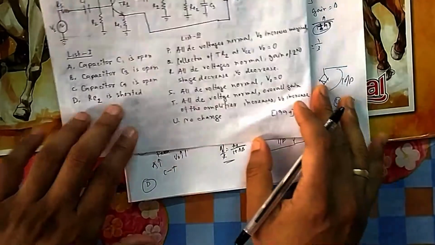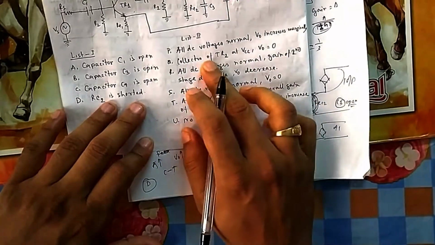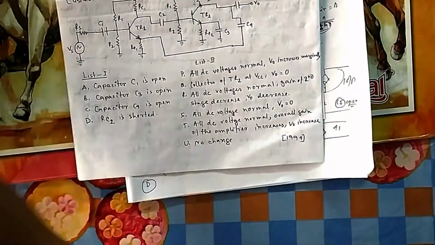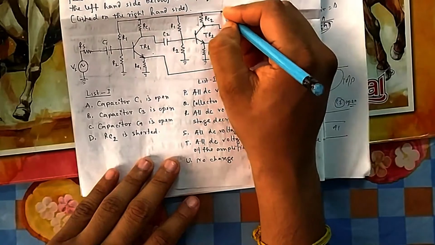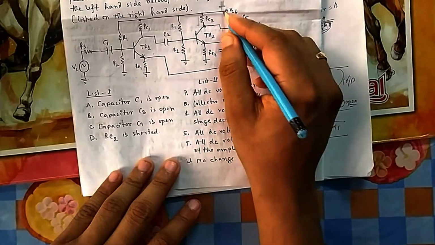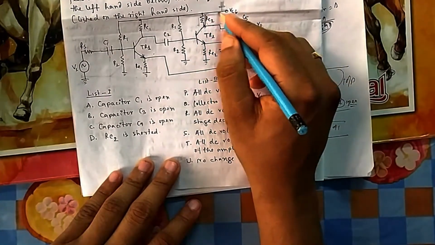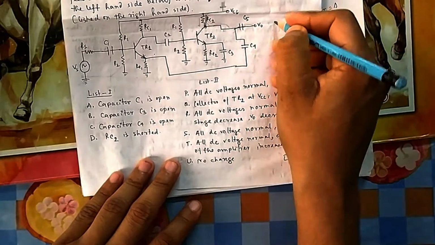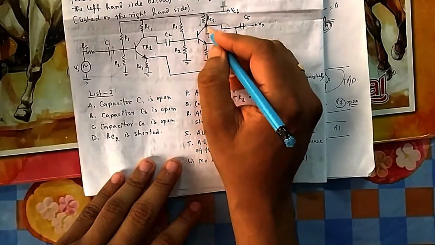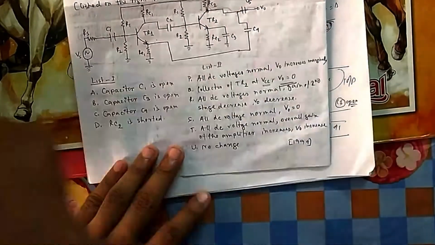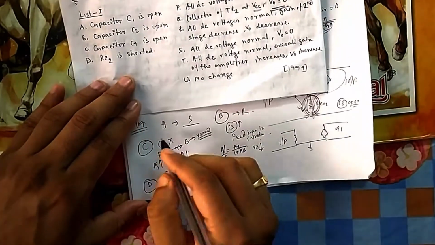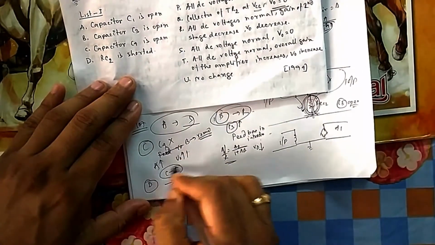RC2 is shorted. So that we have seen, that is the collector terminal. If you short this one, in case of AC analysis, what will be your output? What we do in case of AC analysis, we short out the capacitor and we make DC voltages a ground. Now if you see, this is shorted, this is ground, this is also shorted. So V0 is a direct short path to the ground. So what will be V0? V0 will be 0, and this potential is at the same potential because no resistance, no drop is there. So this collector will be at VCC, that is Q. So D will be connected with Q. So this is the answer: A with S, B with R, C with T, and D with Q.